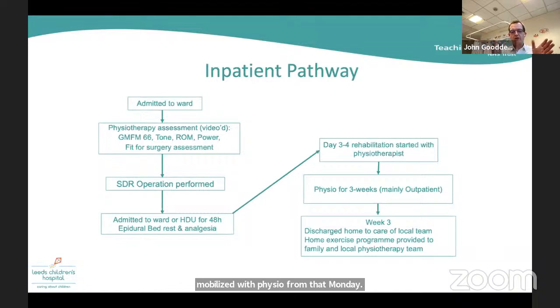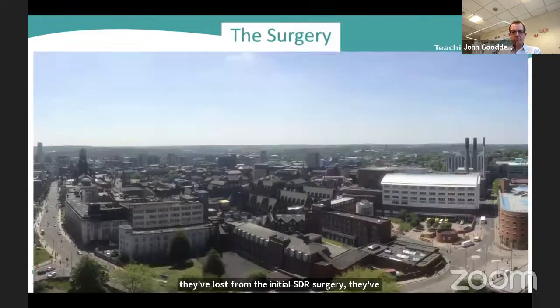And we have a regime of 3 weeks, Monday to Friday, of, we call it outpatient-based therapy. The child is put up, stays locally, comes in daily for either 2 half-hour blocks or a 1 hour block of physiotherapy, intense therapy over that 3-week period. By the time they're leaving hospital, we generally say they're back to about 80% of their preoperative strength, and they've usually regained all the strength they've lost from the initial SDR surgery by about 6 to 8 weeks after the surgery.